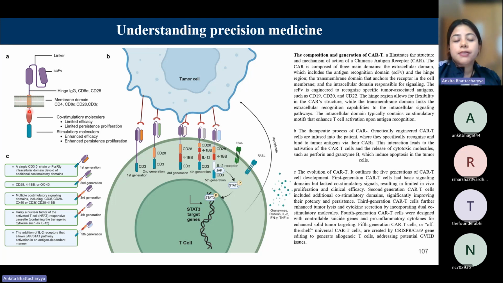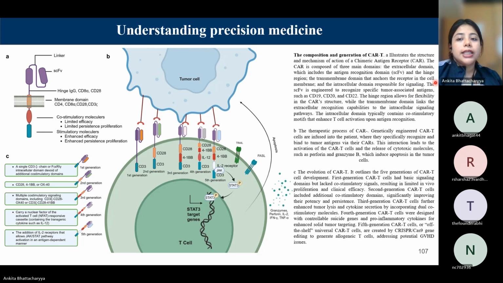Along with that, you have a transmembrane domain because, of course, it has to be expressed on the cell surface for it to be able to access all of the other proteins which it interacts with. And apart from that, within the cytosolic region, you have different domains. What are those domains? Let's come back to the legend again. So the extracellular domains include the scFv and the hinge region. The transmembrane domain helps in anchoring the receptor onto the cell membrane, and the intracellular domain is actually responsible for